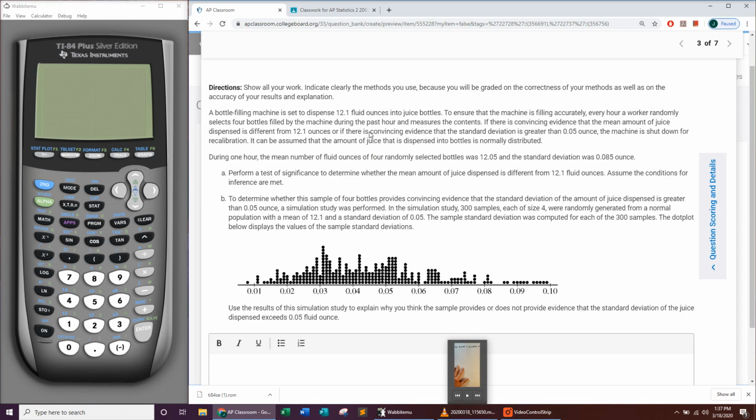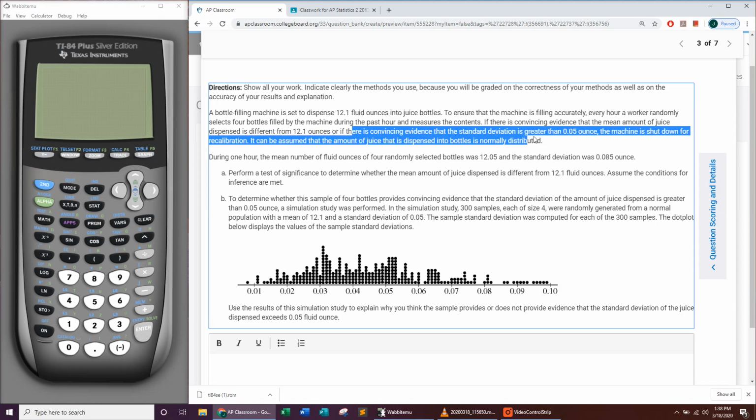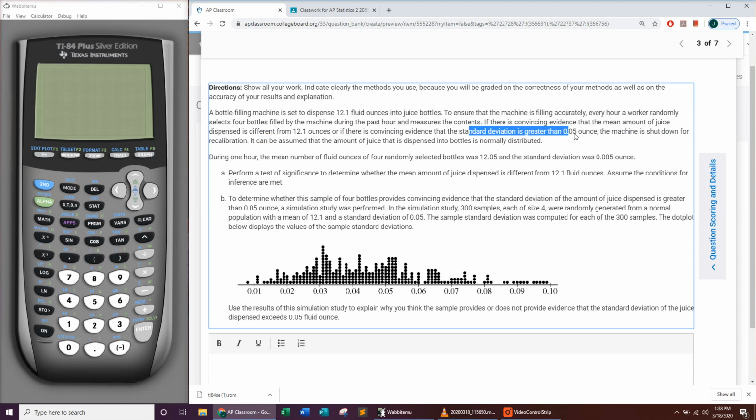All right, so we have a situation where we have a machine that's filling up juice bottles. It's supposed to put 12.1 fluid ounces in there. They do a quality check on the machine every hour. A worker randomly selects 4 bottles to make sure that the machine is doing its job correctly. If there's convincing evidence that the mean amount of juice is different from 12.1 ounces, or if there's convincing evidence that there's too much variation, that the standard deviation is greater than 0.05 ounces, the machine is going to be